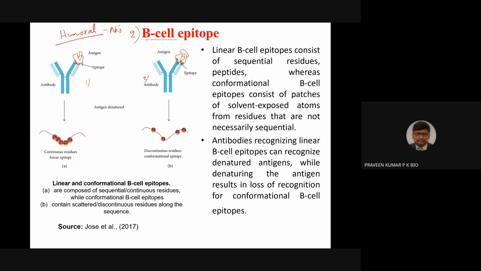And the second one is discontinuous residues. Why do we have discontinuous residues? Why do we have continuous residues? See this example. We have amino acids at equal distance, so we call this a continuous residue, and so we call this a linear epitope. Why do we have discontinuous? Because one of the amino acids is going inside the antibody. So this length is more, this length is somewhat less, and the next length is even less.